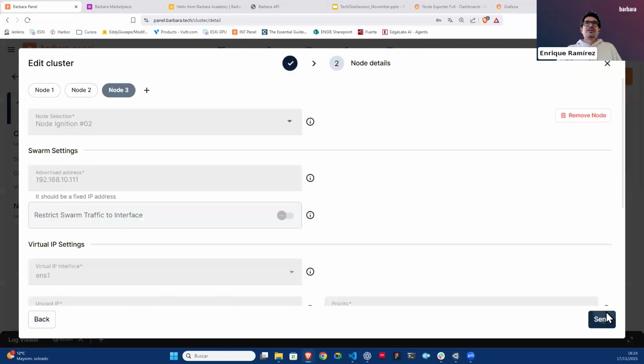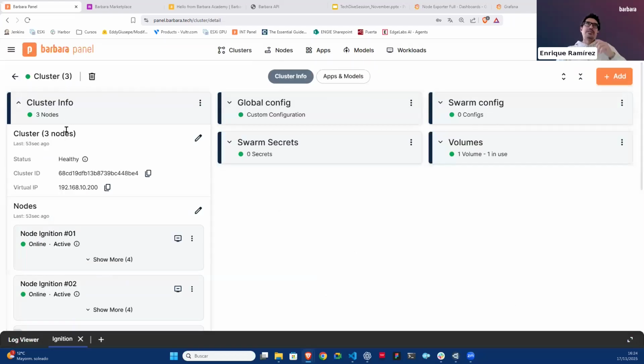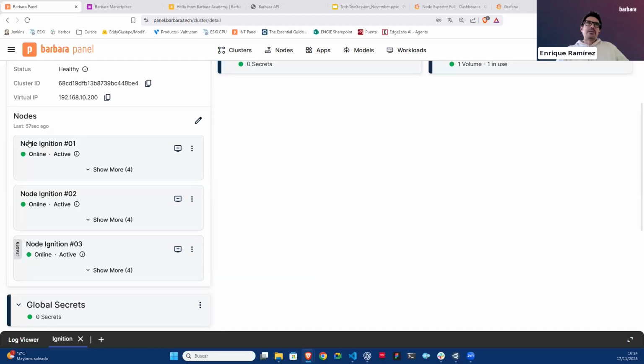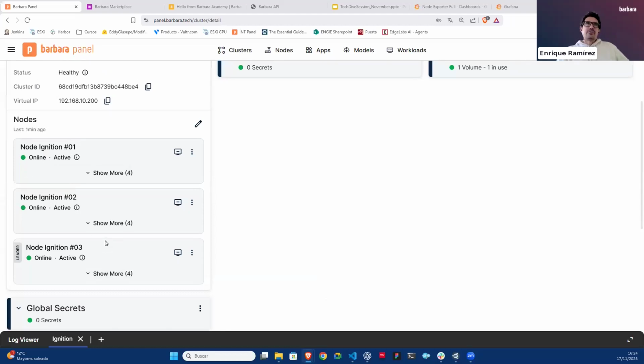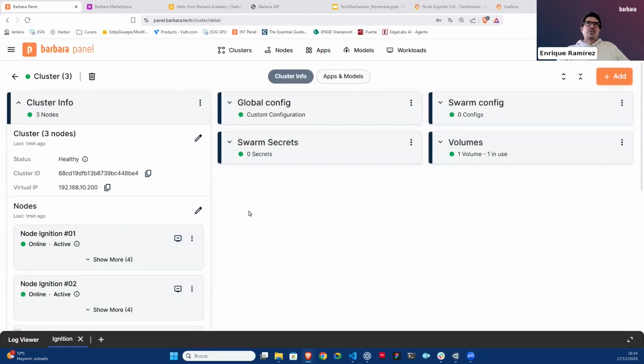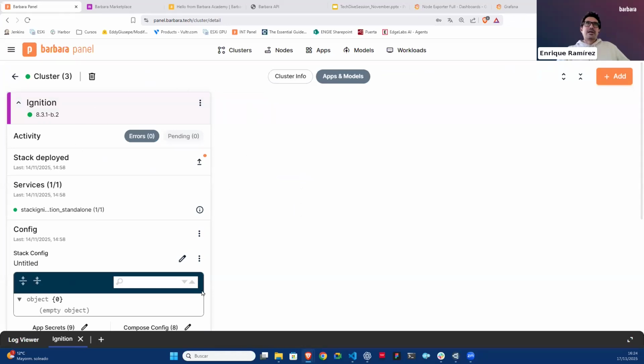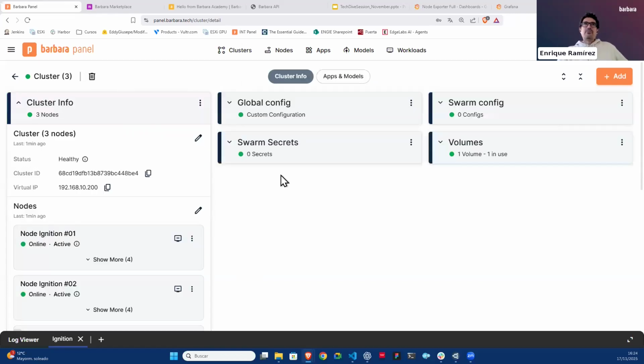It is basically composed of 3 different edge nodes, node 1, node 2, and node 3, as you can see. And here we have an application, in this case an ignition instance. So in the same way that before we were deploying an application on top of an edge node, here what we are doing is creating a cluster composed of different edge nodes and putting the application on top of